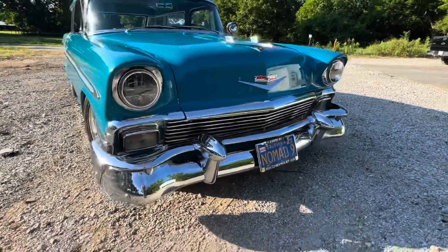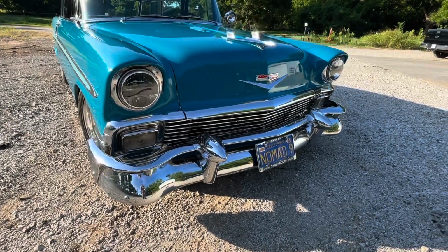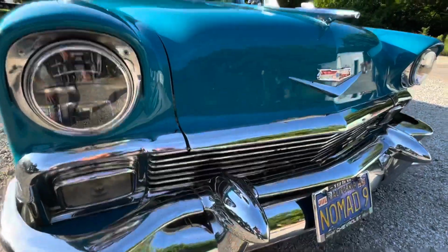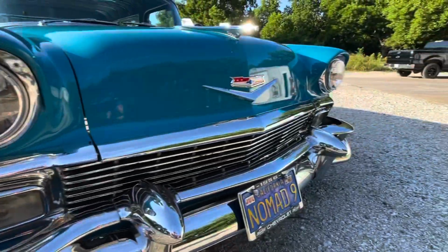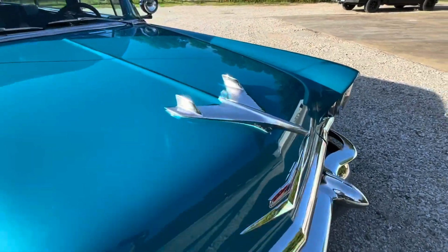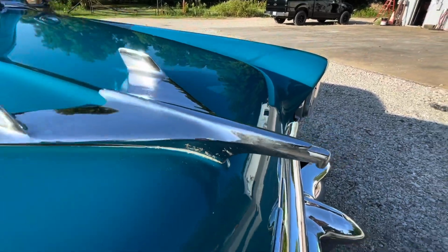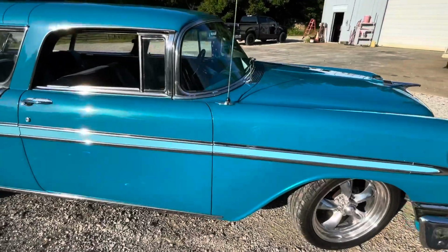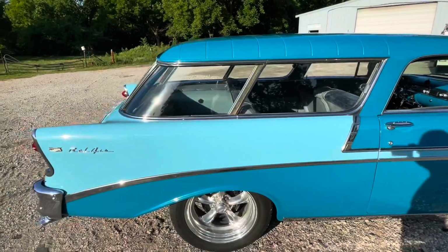Starting in the front, it's got the typical 1950s gigantic chrome front bumpers with the little pointers. My preference, like I said, is a 55. I just like the small grille and the little small lights here. But 56, 57, I mean, they're all absolutely gorgeous. It's got kind of an airplane slash birdish looking thing on the front. This one's been lowered, obviously. Has a Chevy 350. Could be a 383, I don't know that, but